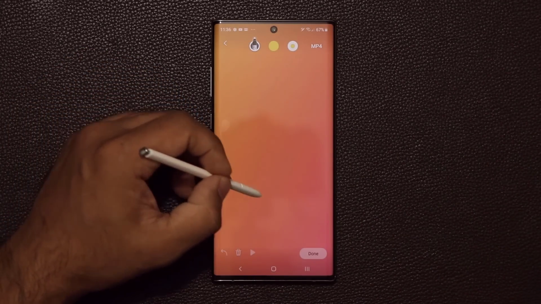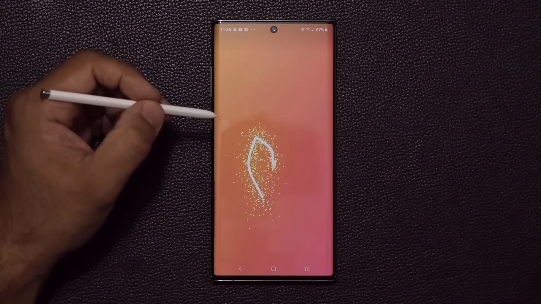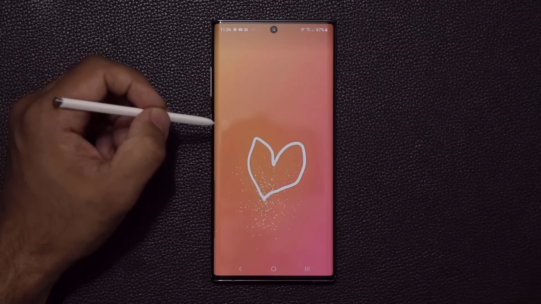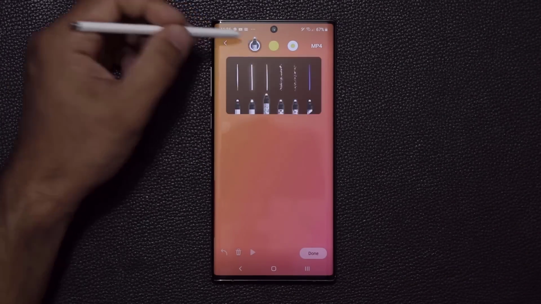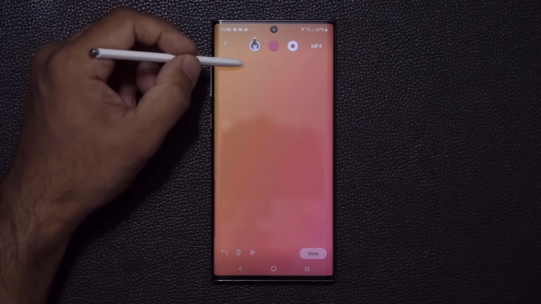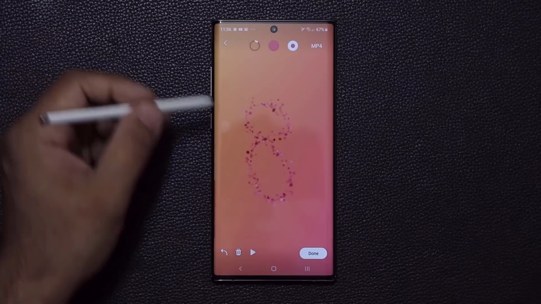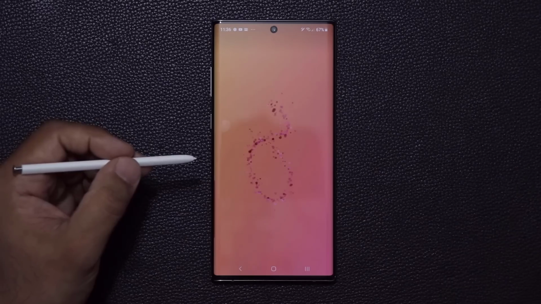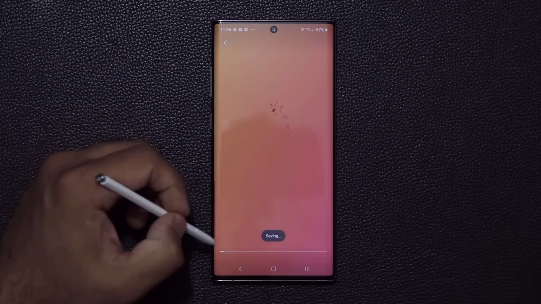And what you can do is you can actually draw live messages. So if I draw this, I can play the drawing and it's going to give me nice effects all over the place. So that's pretty good. Let's undo this. Let me show you one more tactic. So I can take different pens. Let's do a different color and let's just draw the number 8. Okay, as you can see. And then I can play this. All right, you can do beautiful things with this, but once you're done, you click on done, it saves it,